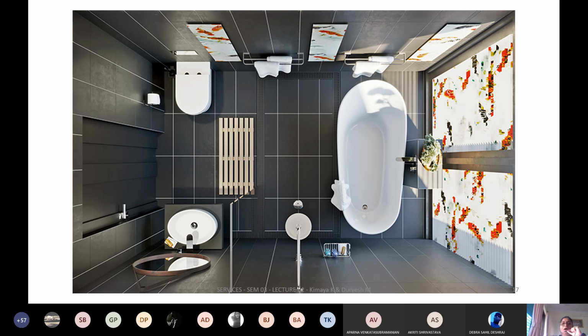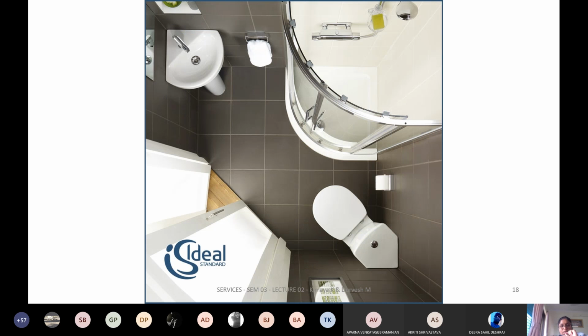Now, in the spots that you see, you don't have a shower. You don't have a flush tank which is being seen. It is basically being tucked within the walls so that it's hidden, and what you see is just the panel which has the button to press the flush. Now this is a very tight space in a residential area, and in such a tight space, this is how you can manage.